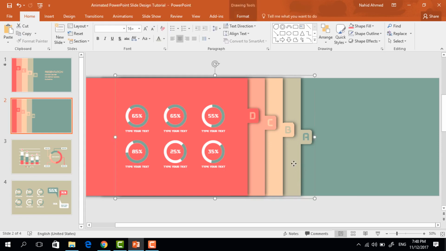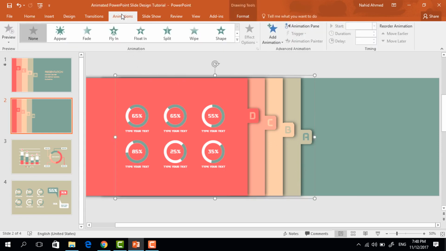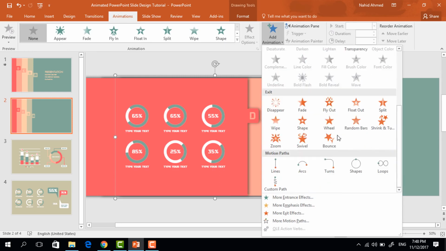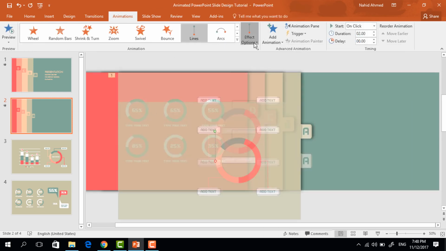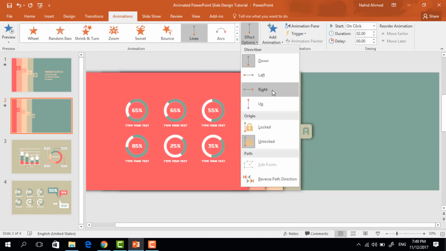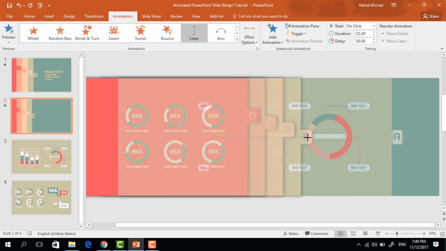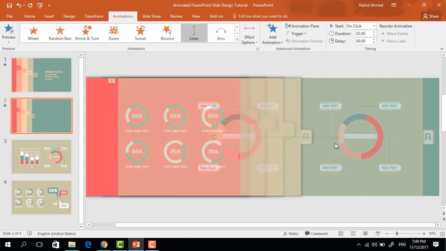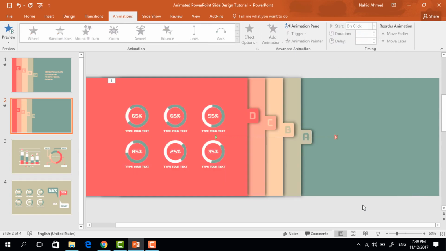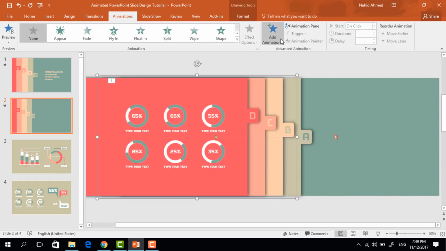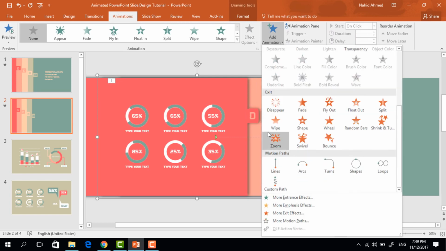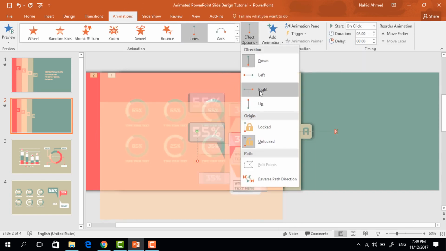First select this one, go to animation, click on add animation, from motion path select lines, from effect option select right. Now drag this red dot to the right, keep it on click and duration 1.25 seconds. Now select the second one, click on add animation, select lines again, from effect option select